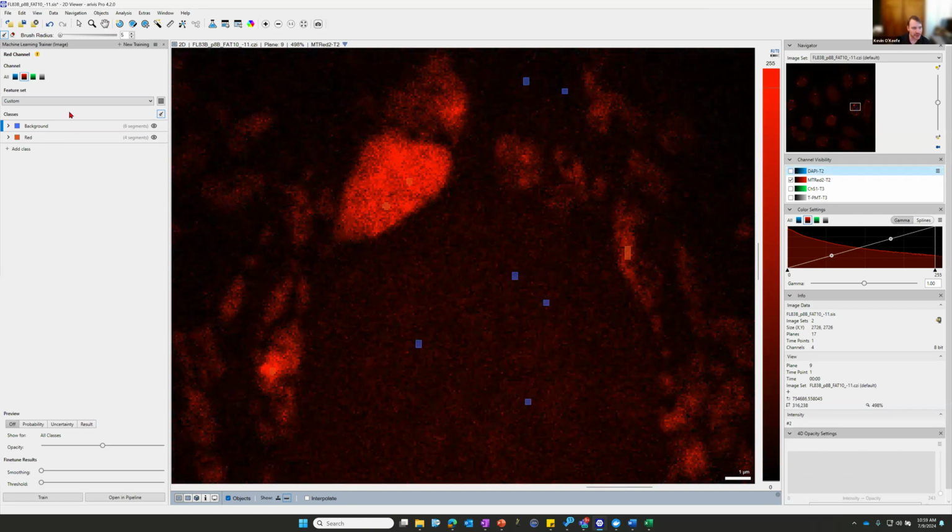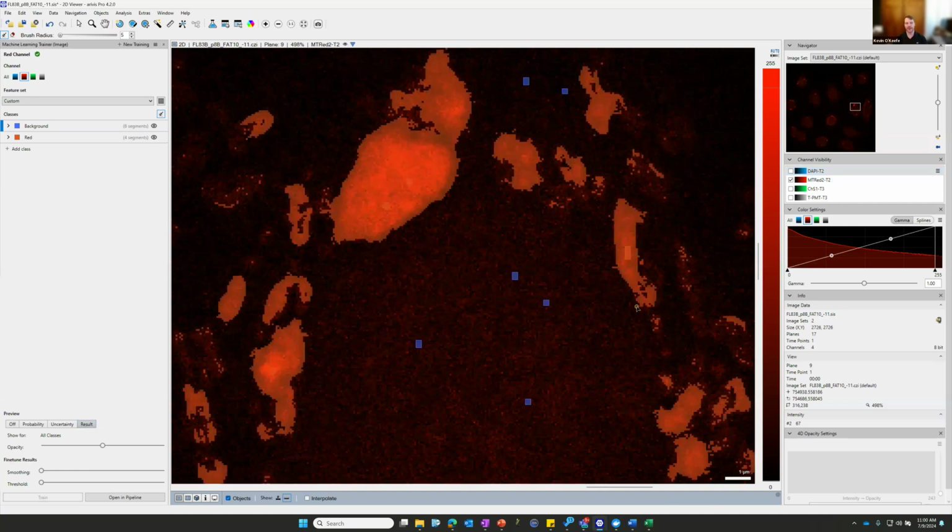And then once you do just one class annotation, so this red channel, and one background annotation, you now have the option down here to preview three different options. So one of them being the result. So this result here is what my result would be if I were to run this right now. And this is really useful because I'm not sure if anybody has done any sort of custom deep learning training or machine learning training, but